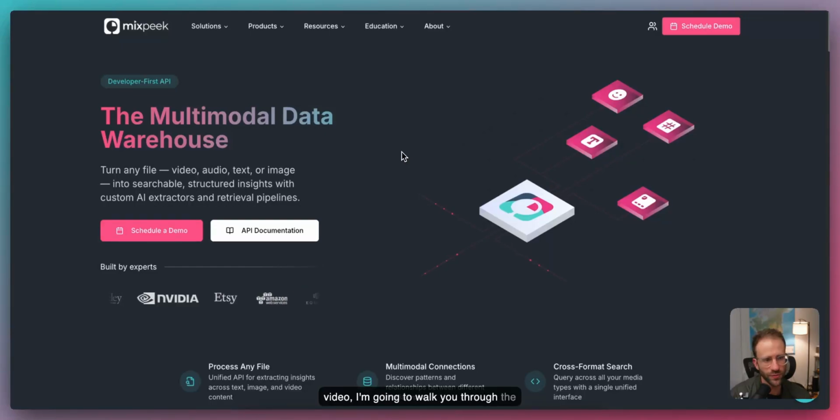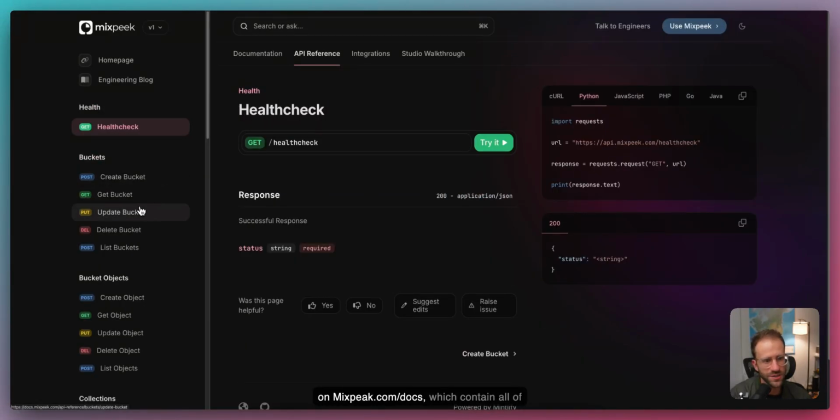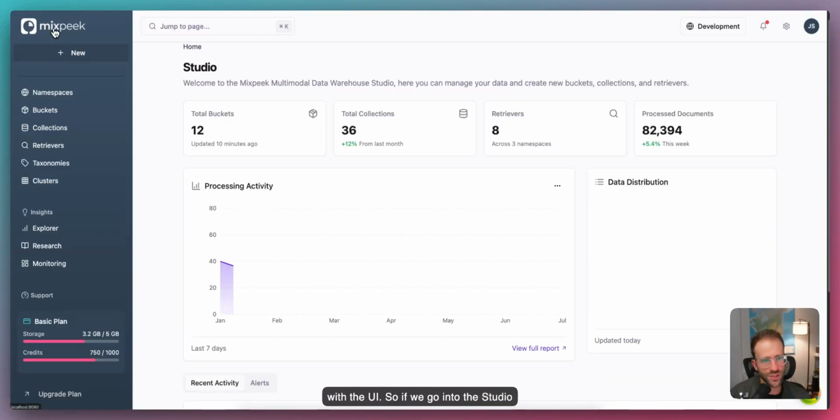And in this video, I'm going to walk you through the Mixpeek Studio, which is the platform built on top of the infrastructure that we provide. You can see all of the API documentation on mixpeek.com/docs, which contain all of the endpoints that we'll be walking through with the UI. So if we go into the Studio page, on the home page, you have all of